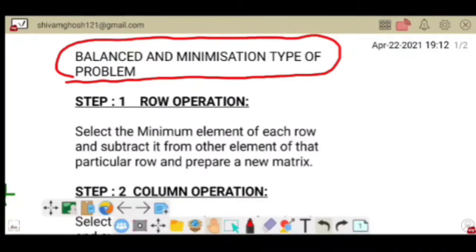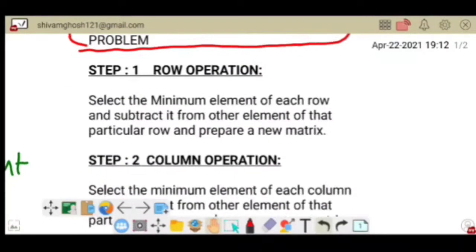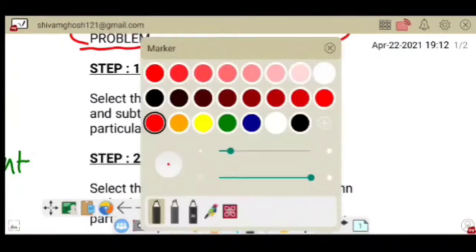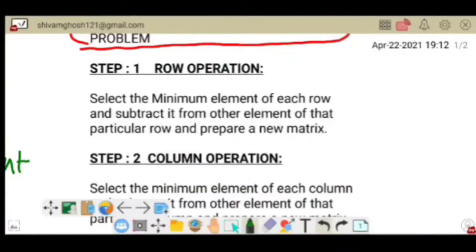Okay, so step 1. In this step 1, we can see it's written here, step 1, that is row operation. So what does it mean? Now we can see it's written here, select the minimum element of each row. Row means